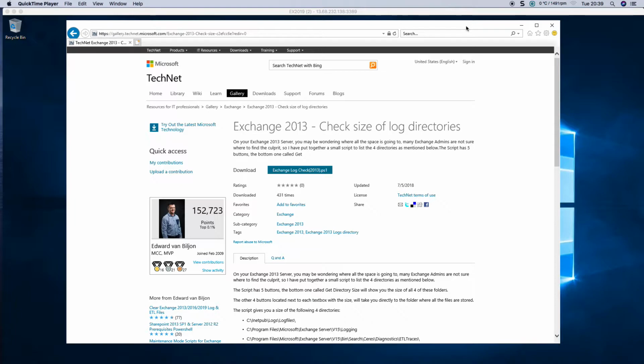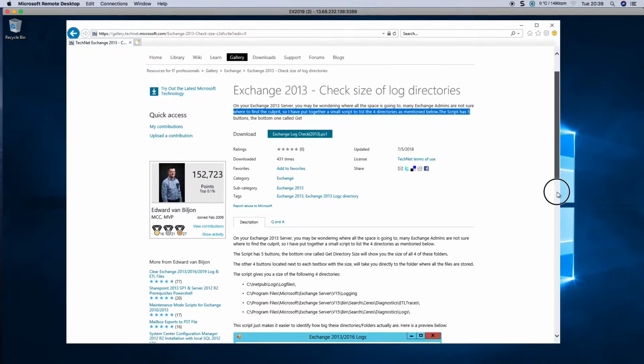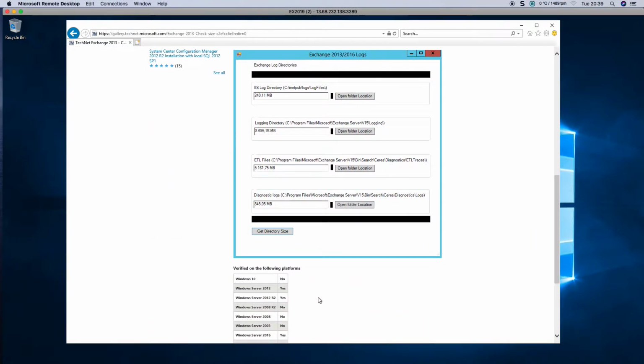In this video we're going to look at checking the size of the log directories, and this works with Exchange 2013, 2016 and 2019 even though it's labeled 2013. To access the PowerShell script you can go to the gallery and look for me, and you can find this. What it basically looks like is a form like this that will give you all the sizes of all the